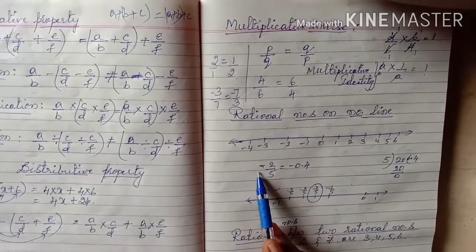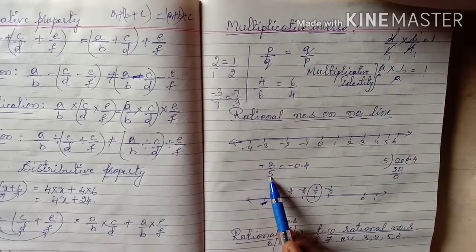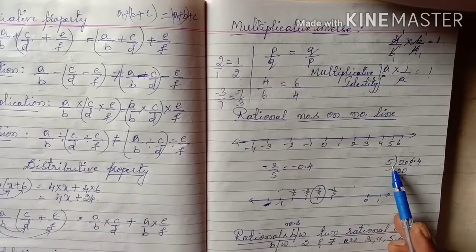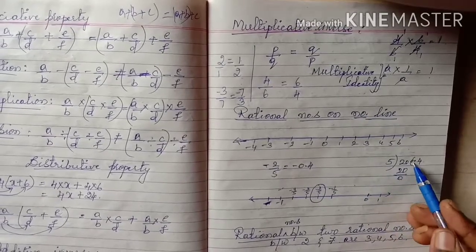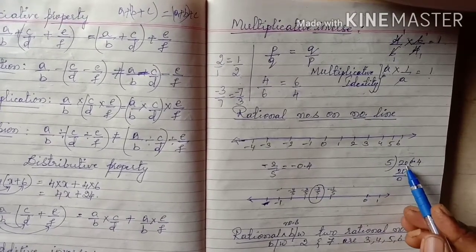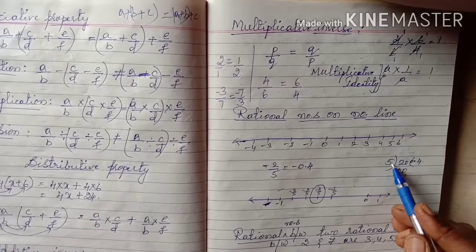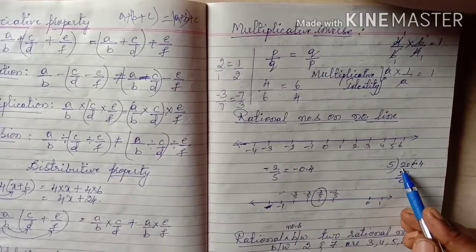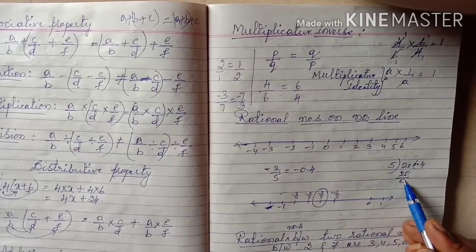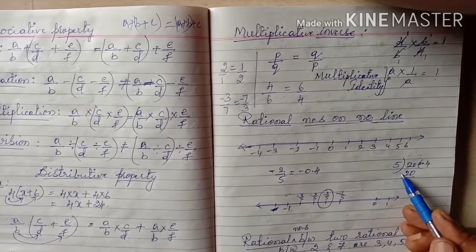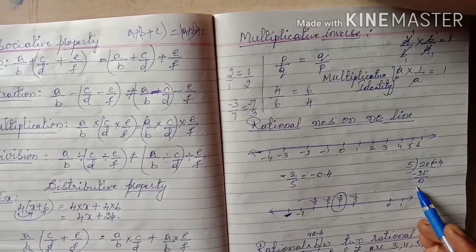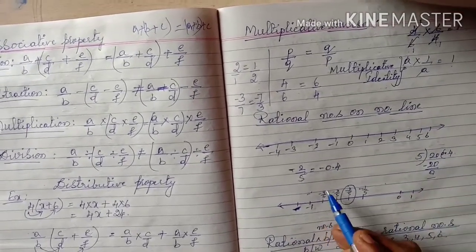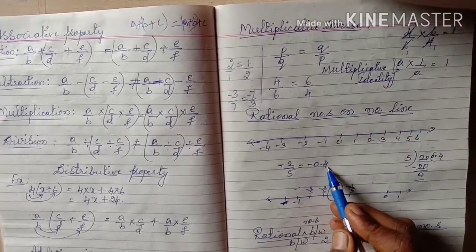Now let us take one example, minus 2 by 5. Let us divide this using long division. 5 into 2 gives 0, because 2 is not dividing by 5. So we put a decimal point and get 20. 5 fours are 20, we know that. Then 20 minus 20 is 0. So the quotient we got is 0.4. So we got minus 0.4.